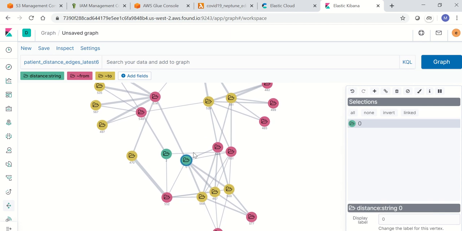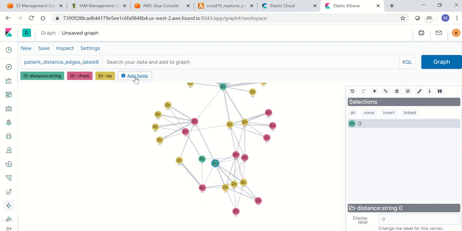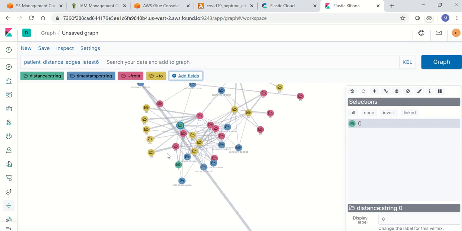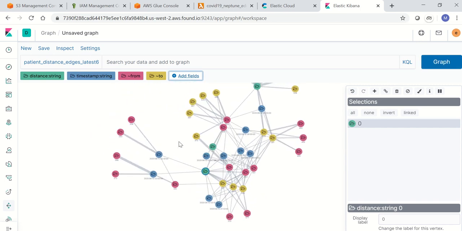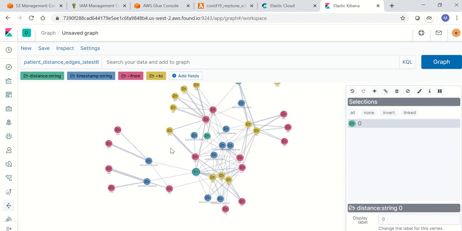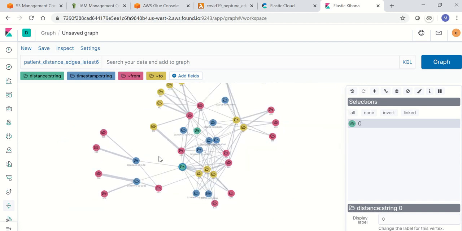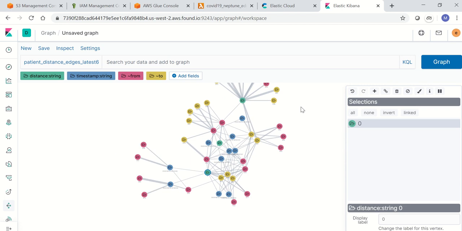Right. So some of them are close to 0 kilometers, which means they have crossed their coordinates. We can still add a timestamp as well, so at what time they have contacted in that coordinate in the lat long.